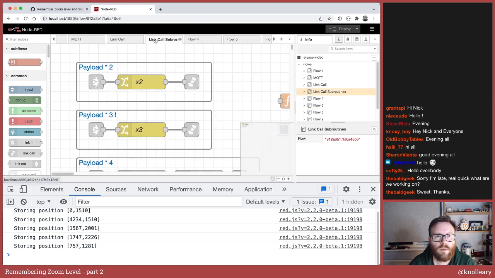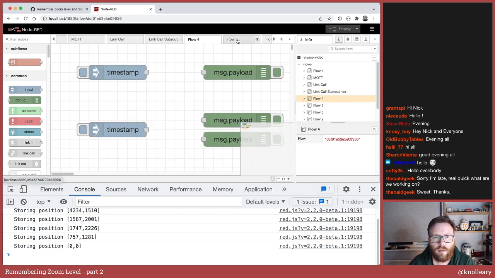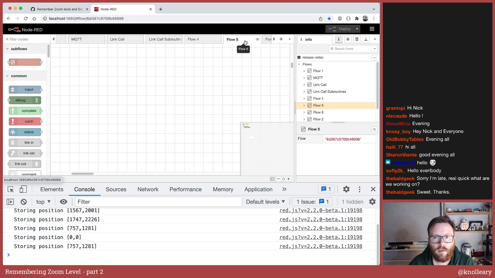What I want to check is if I change tab, you can see storing position 00 got logged. And crucially, when I came back to flow 5, we already have the logic that the editor remembers your scroll position between different tabs within a session.